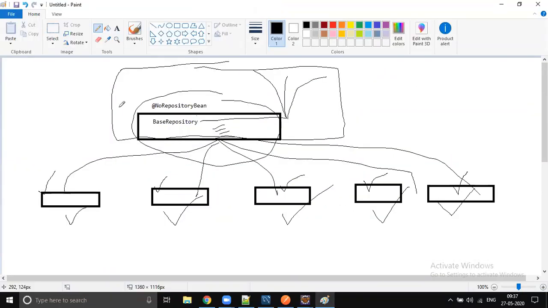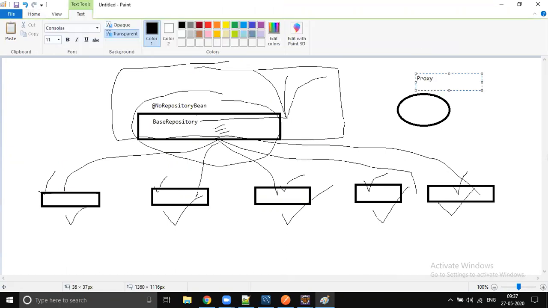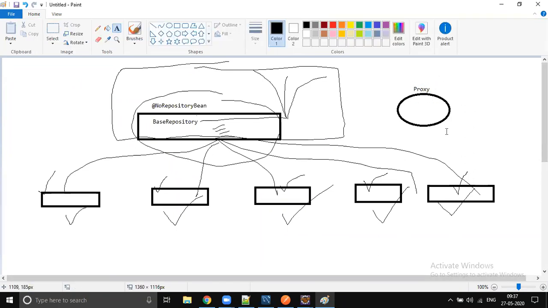Okay, try something more. There is a huge concept being used in Spring called proxy. It's actually a design pattern, proxy. All your repositories are actually proxies. So you are writing an interface. Where is the implementation? Without implementation, how can you get all this functionality? So at runtime, Spring will create proxy classes for these repositories, and those proxy classes will have the actual implementation.